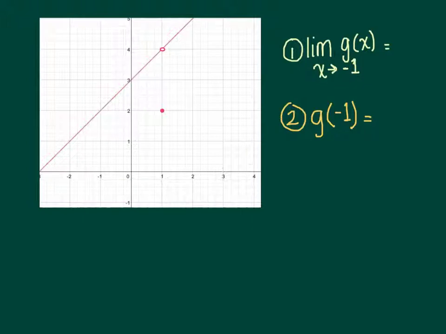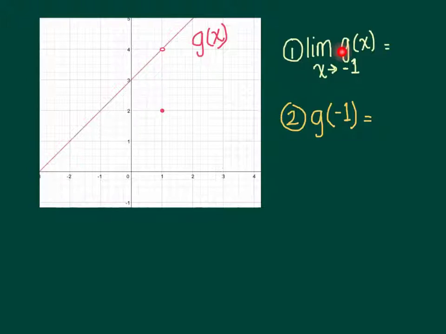So here's a first fairly simple example. You can see here a graph that looks pretty much like a line. Something weird happens right here where there's an open circle and then we have a closed circle down here, and then it continues on to be a line. So I'm asking you to find the limit of this function, which I've called g of x, as x approaches negative 1. So let's remember the definition I said, that the limit is the value or the height the function